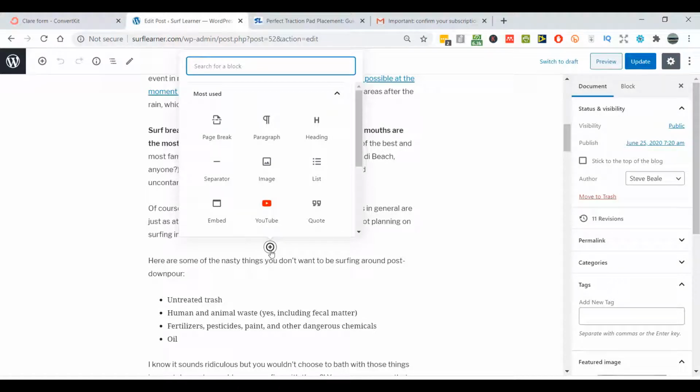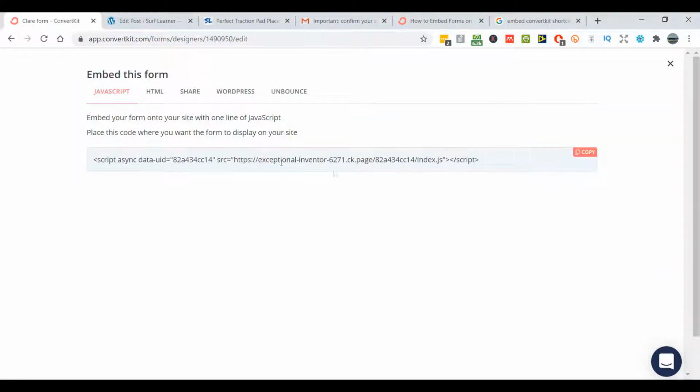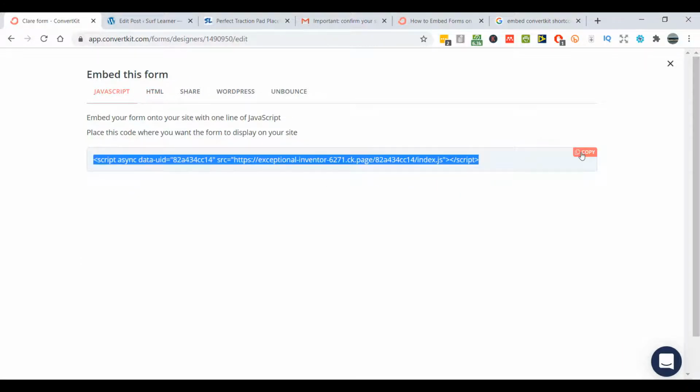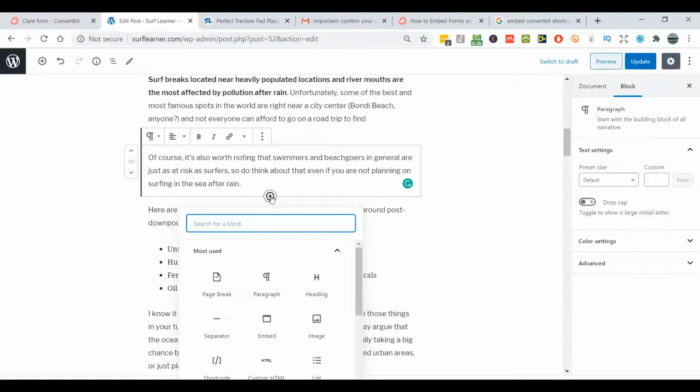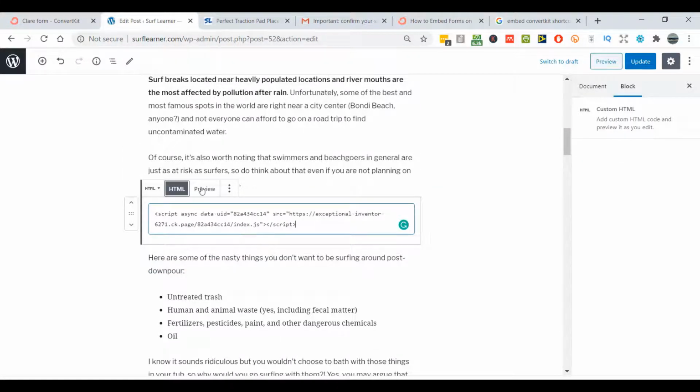Now if you're using WordPress Gutenberg editor, you will see like this. If not, then you can simply use the embed option on the older WordPress editor as well. Now just to be clear, if I come back over to here, so I can press the embed button in here on the form edit page, and we can take JavaScript. Now if the JavaScript doesn't work, you could just take the HTML. Don't worry too much about it. One of those should work fine in WordPress. And copy. So if I press the plus icon, and then if I press custom HTML and paste it in,